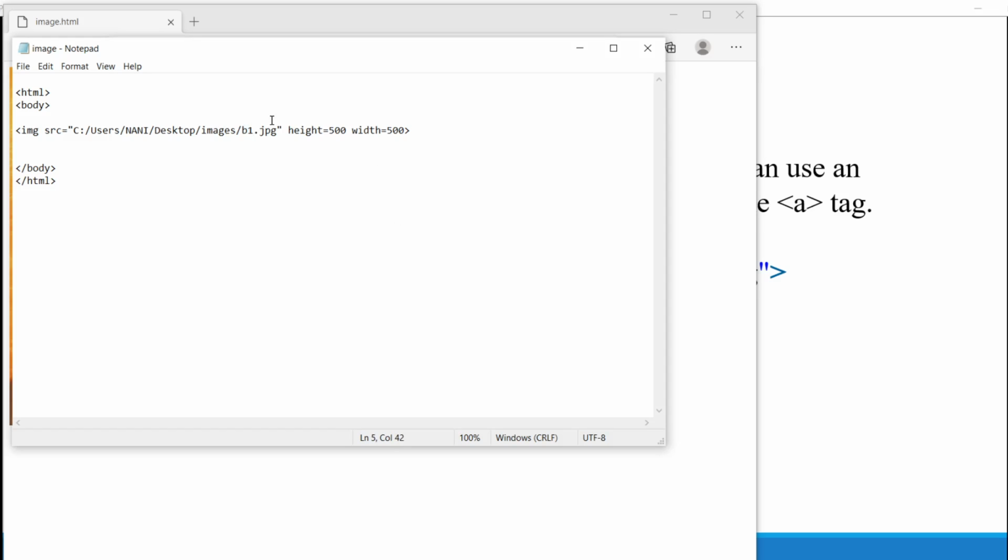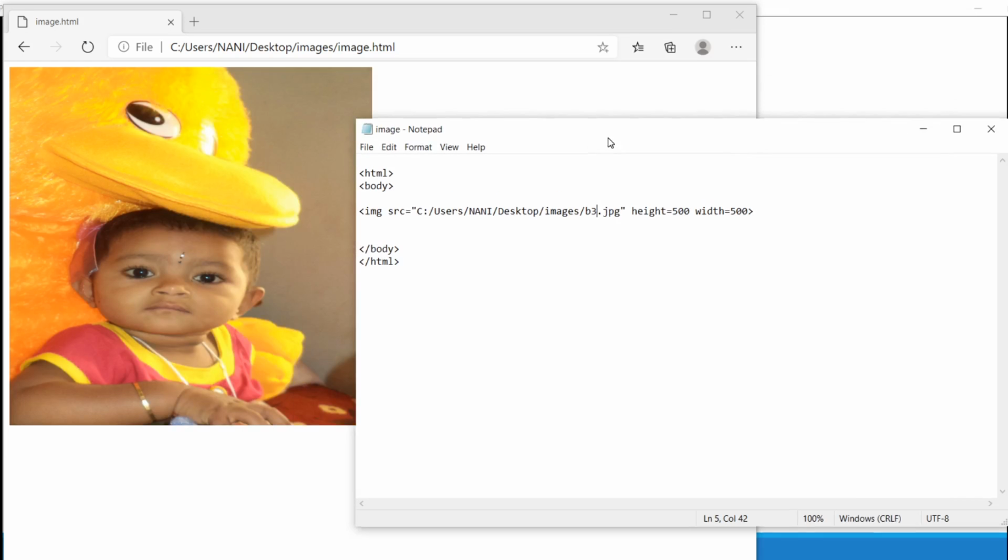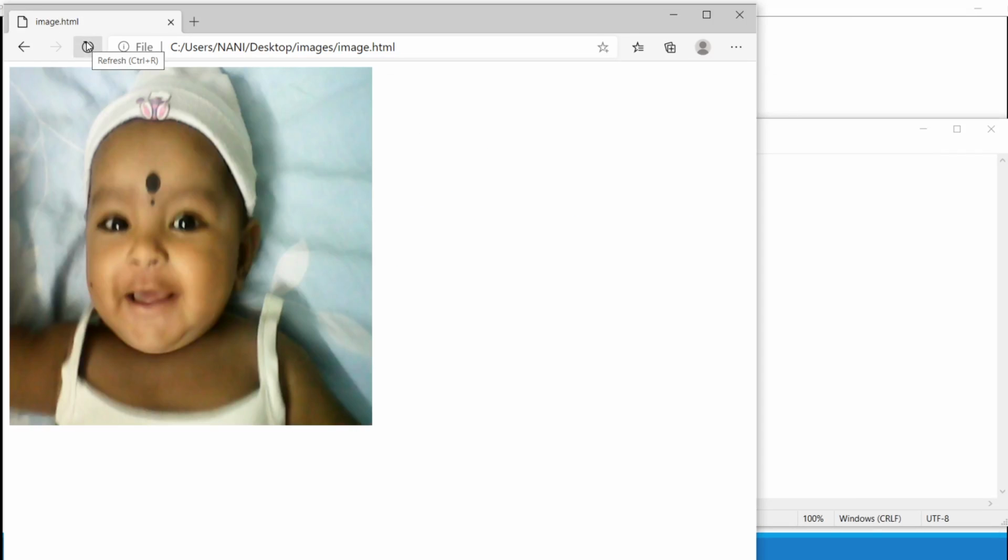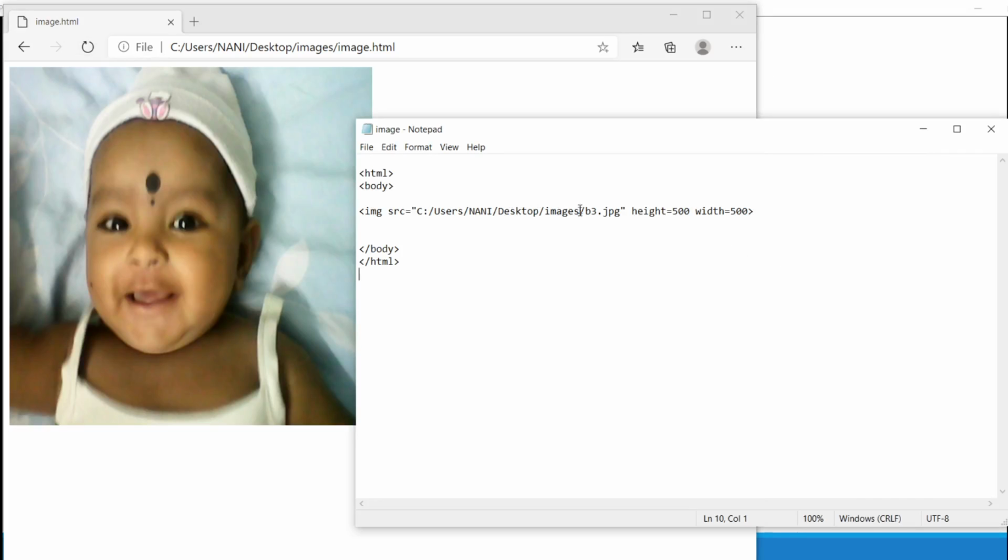I have given the entire path. Save, refresh. So it's changing the image.